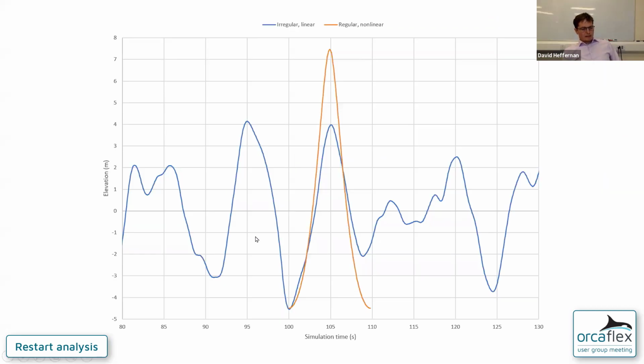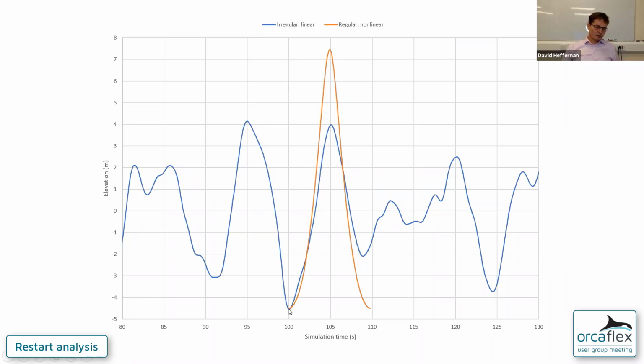We are looking at our irregular wave, and we've chosen the time origin so that we end up at 100 seconds in this trough. This trough happens to have the same elevation as the non-linear wave that we're looking to match. The reason we match on troughs is that it's easier to find a matching trough than a matching peak, because the nature of non-linear waves is that the peak elevation tends to be higher above the mean water level than the trough elevation is below it.